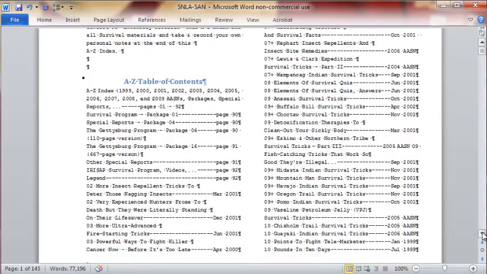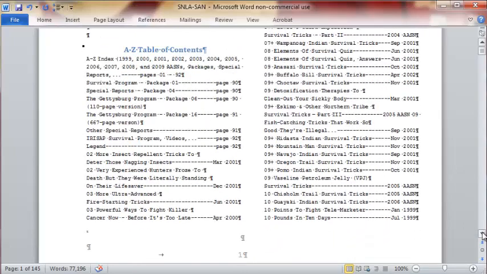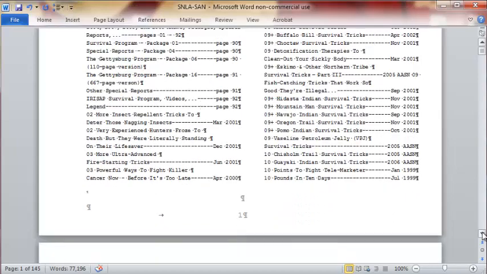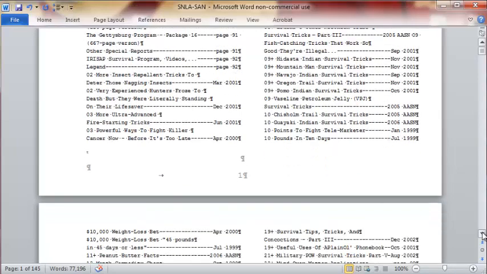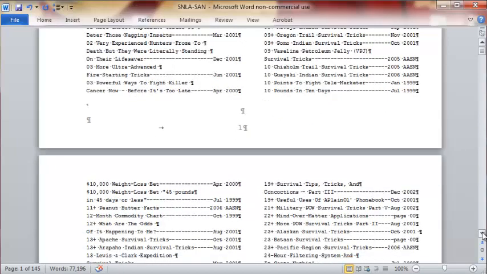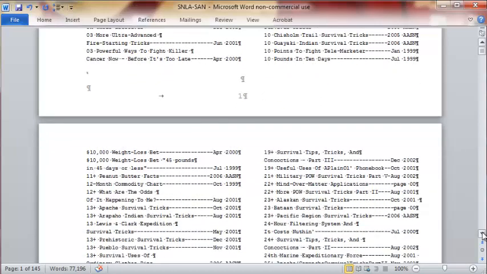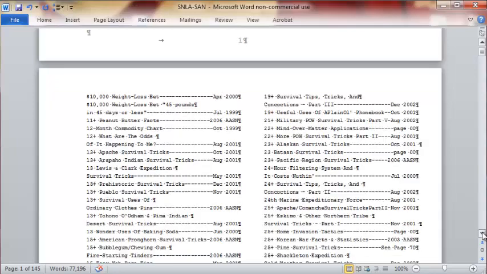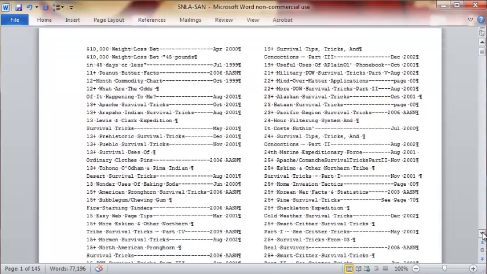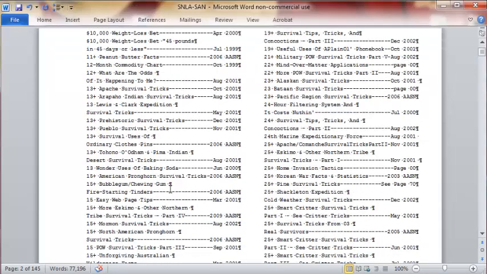Anyway, scrolling down, you'll see the numbers, small numbers next to the survival subject. That's where I started out as far as recording everything, and the numbers get bigger and bigger. So I want to put them in number order first, and then alphabetical order. And when you see the number, that tells you how many survival subjects are in that particular survival subject. For example, you see